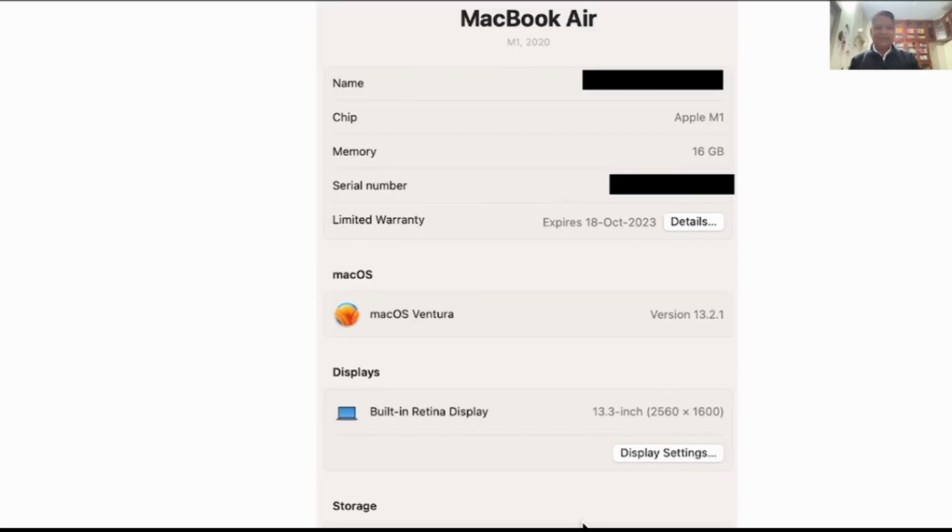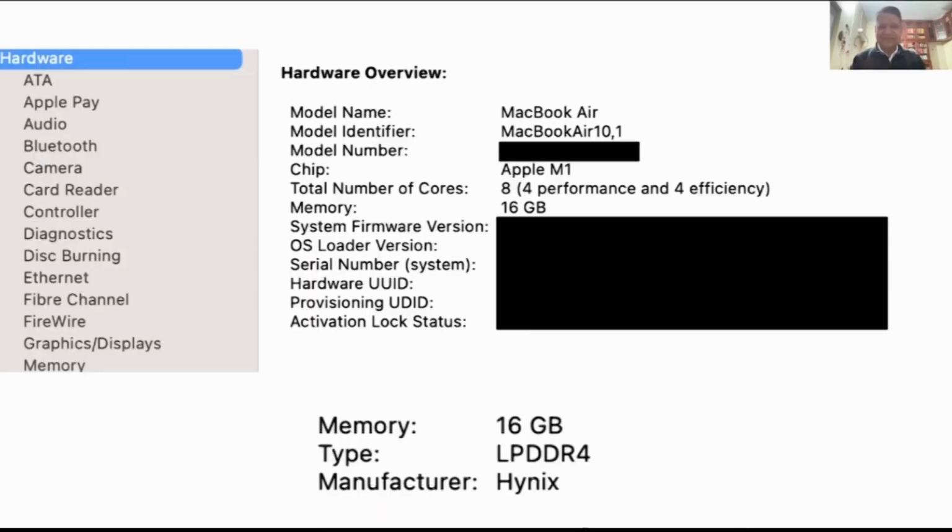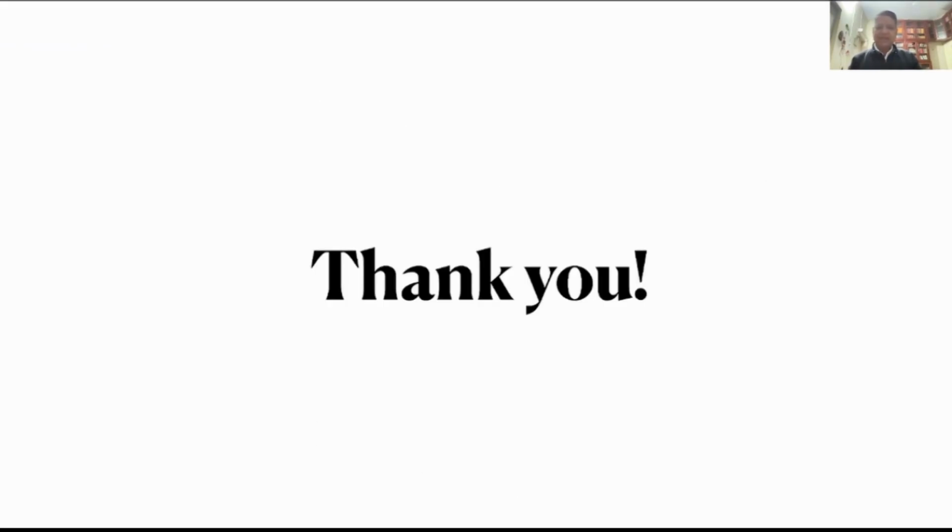You can just click and find it. I don't know how to do it in Windows or Linux, but there are ways to find it very easily. More information, like what kind of RAM it is, DDR4, all that is available inside the device configurations.